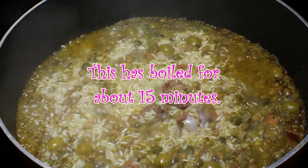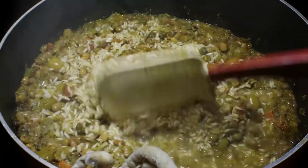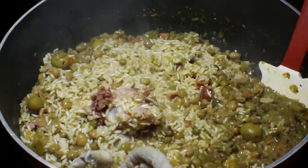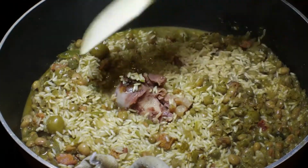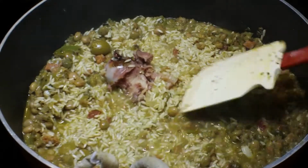Let the rice boil for about 15 minutes. What you're looking for is for the rice and the liquid to be at the same level. So see how if you look at the liquid, it's kind of right there touching the rice on top. So when you get to this point, fold it over 2 to 3 times, and you're going to be tempted to do it more,